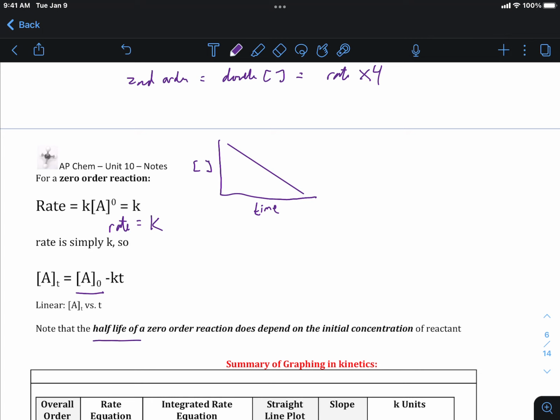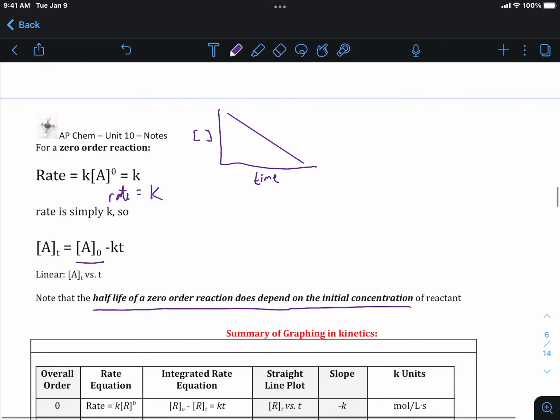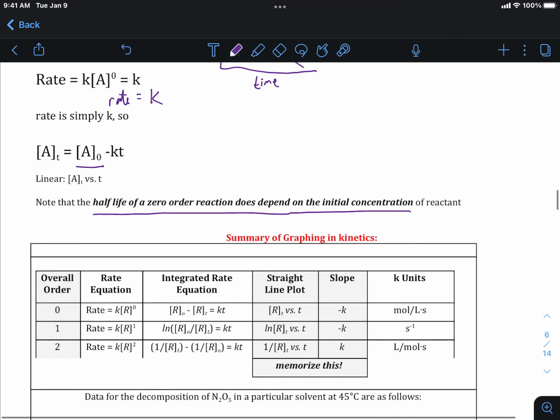The half-life of a zero-order reaction does depend on the initial concentration of the reactant, right? Which kind of makes sense. How long it takes to cut it in half depends on how much was there at the beginning. So, to summarize,